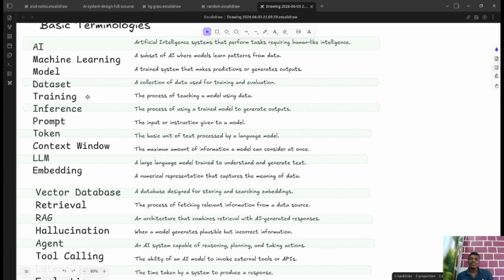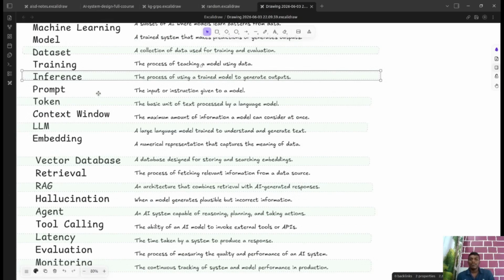Training. Training is the process of teaching a model about the patterns. The whole process of teaching a model with a particular dataset is called training. Inference is making the predictions. The model that has been trained is required to be tested or put to use, so that usage is what makes it give us some predictions. That action of getting predictions out of a model is called inference.